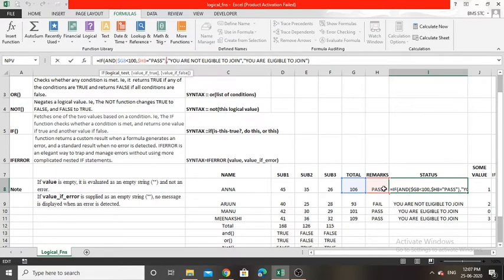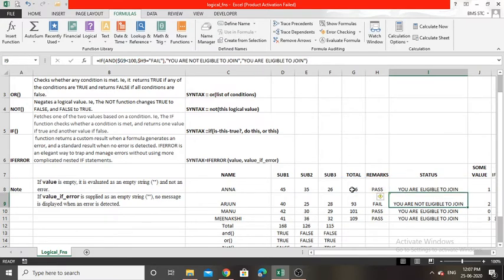If both these conditions are true, give 'you are not eligible to join' as the output, else 'you are eligible to join' as the output. So here is the result.